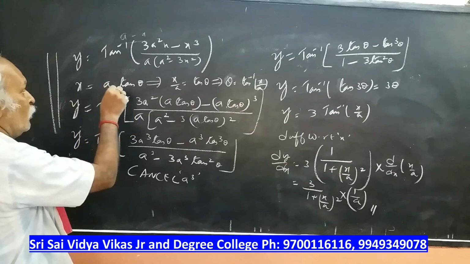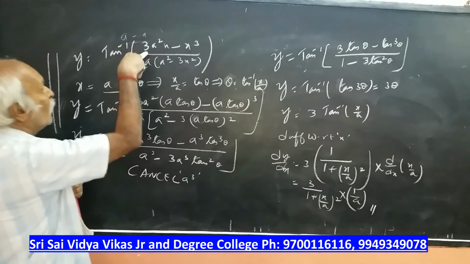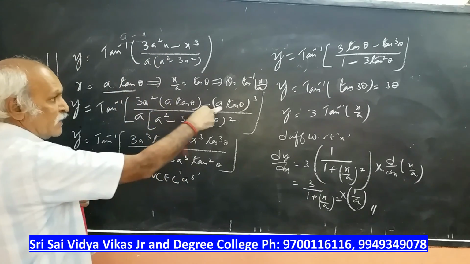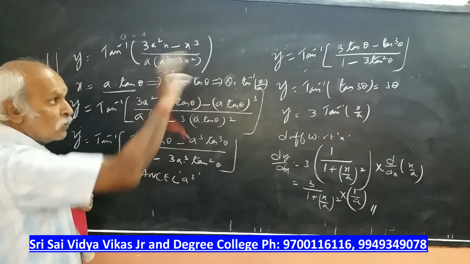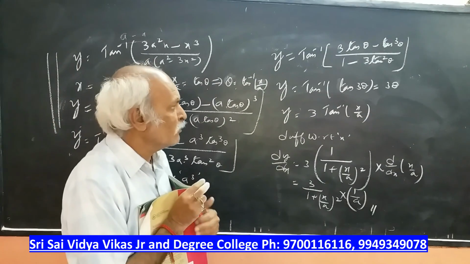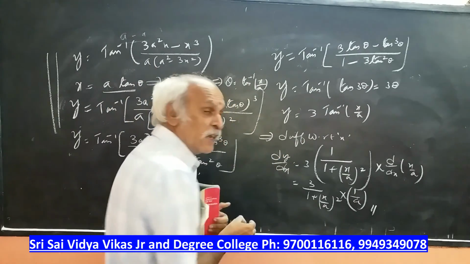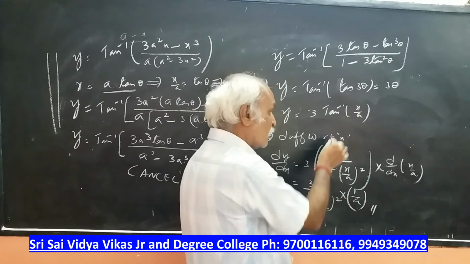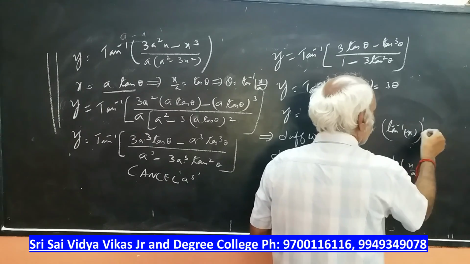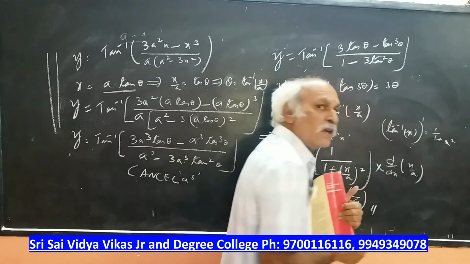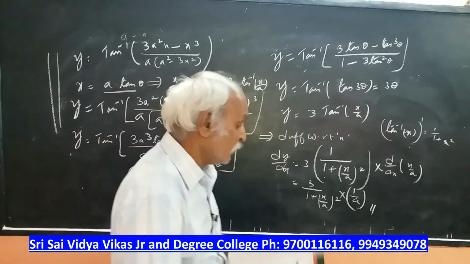Very, very important. So I have put x is equal to a tan theta, x by a is equal to tan theta, theta is equal to tan inverse x by a. Again I have replaced x by a tan theta everywhere, finding tan cube, a cube, a cube, a cube, a cube, which I have cancelled. So we got 3 tan theta minus tan cube theta by 1 minus 3 tan square theta, which is tan 3 theta. Again replace and differentiate. Again formulas: derivative of tan inverse x is 1 by 1 plus x square. This formula we are applying, so 1 by 1 plus (x by a) whole square into the derivative of x by a, which is 1 by a. Okay, please note this down, very, very important.